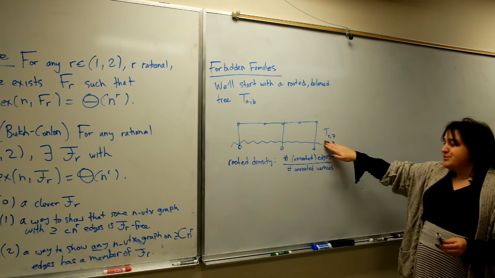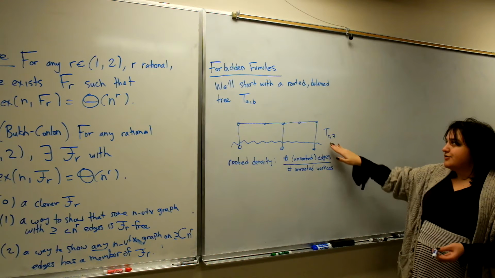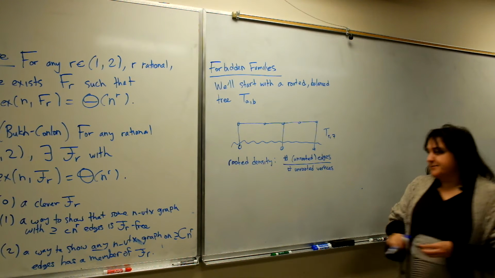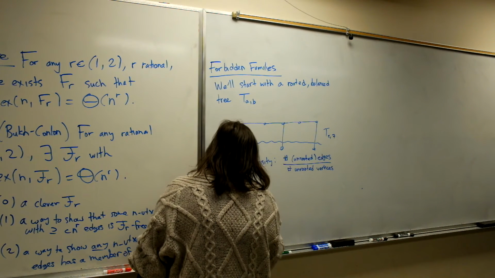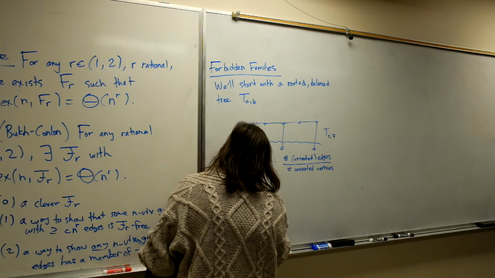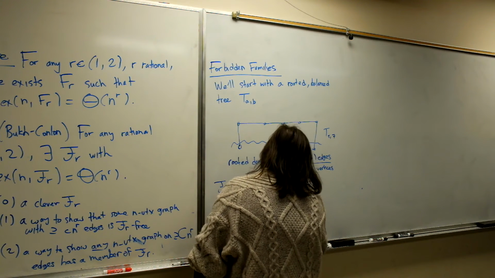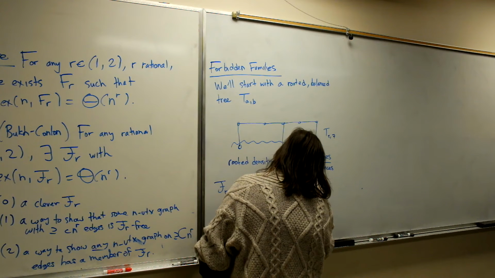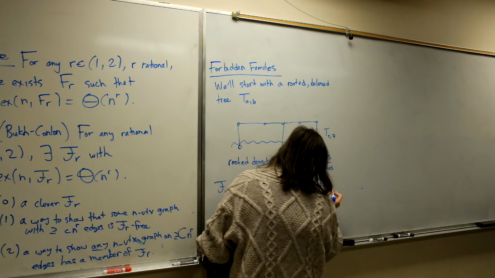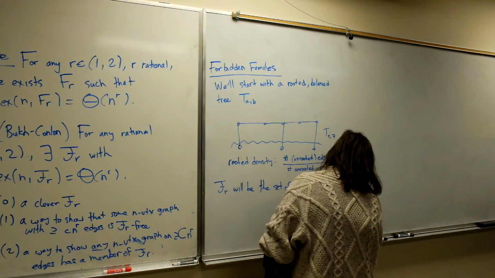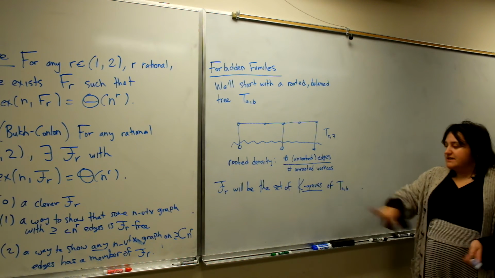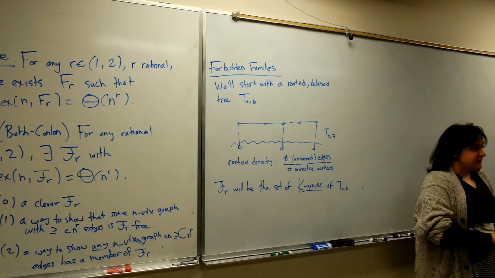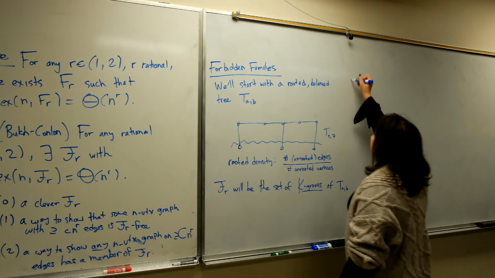But we're not going to actually forbid this tree. We're going to pick a tree with a rooted density that corresponds to whatever rational I want in a specific way. And then f sub r will be the set of what we call k groves of the appropriate type. We say k groves because if we have a bunch of trees growing together, that sounds like a grove. So k grove,